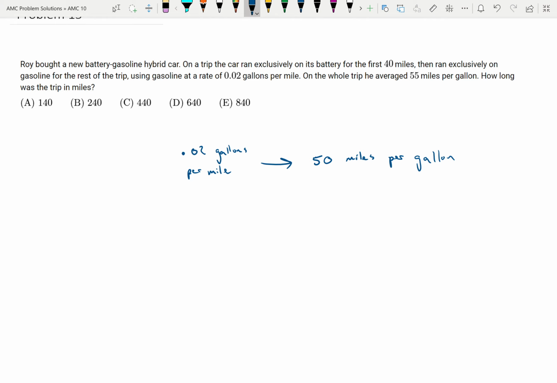So one thing for the whole trip, if he averaged 55 miles per gallon, so 55 miles over 1 gallon, that ratio is going to be equal to the total miles he drove over the number of gallons he used. And so let's say X equals the number of gallons used on the trip,